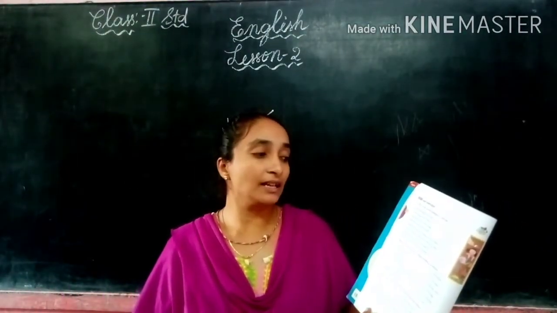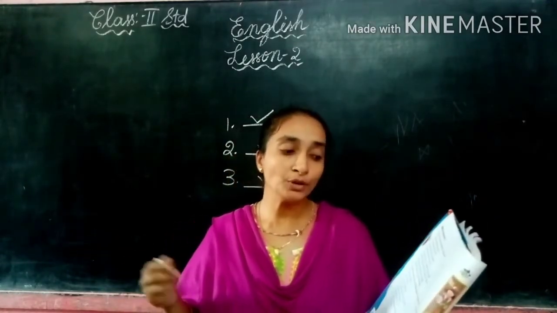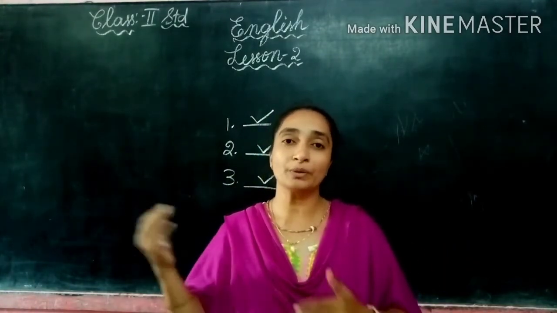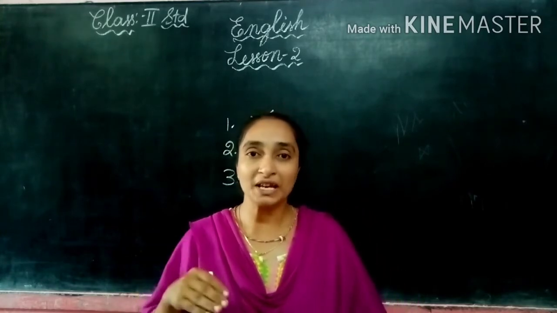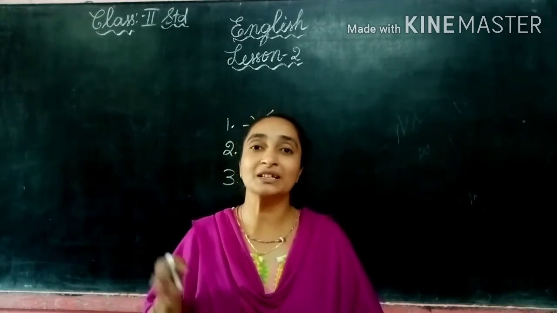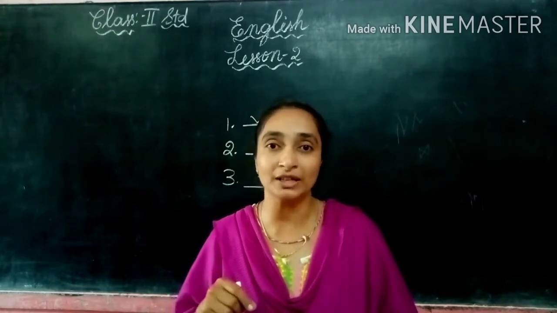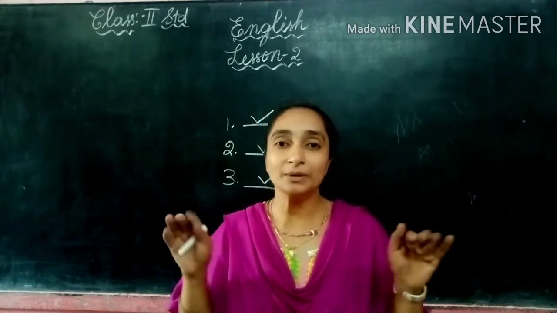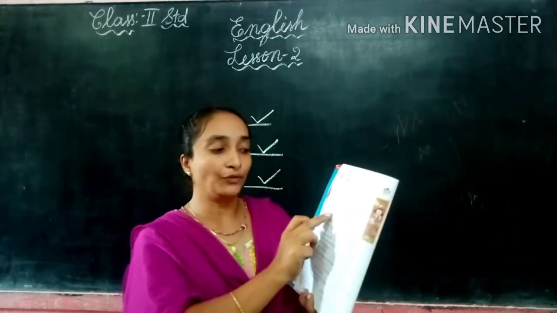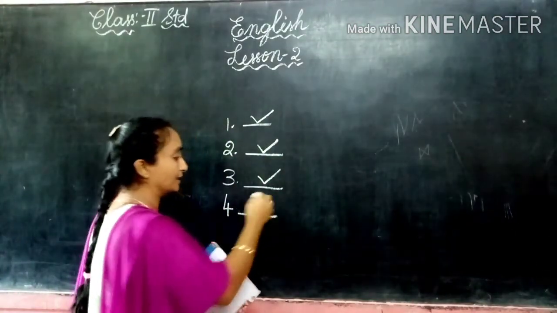Next, the fourth one. A little bird flew away with the pencil. A little bird flew away with the ribbon. A small little bird came from the window, from outside. It came inside and what did it take away? Yes, it took away the ribbon, not the pencil. So the little bird flew away with the ribbon is the answer. Here in the fourth one, the last one, the second sentence is the correct one.